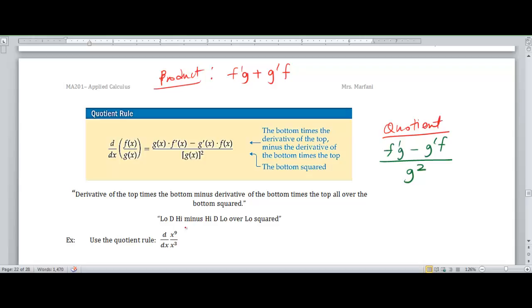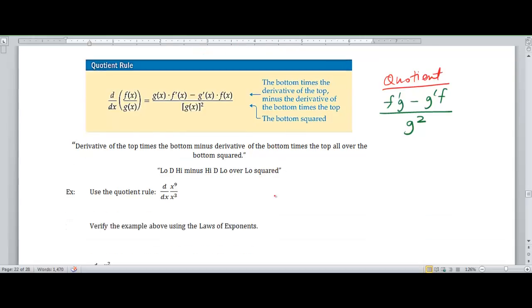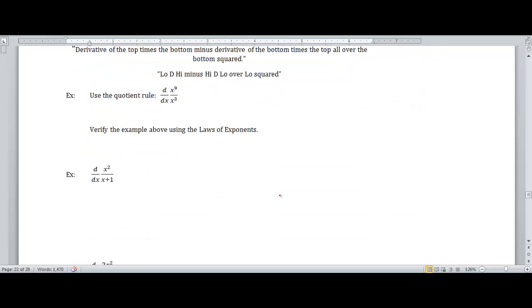You can also remember low d high minus high d low over low squared. So that's low, which is the bottom, d high, derivative of the top, minus high, which is the top, d low, derivative of the bottom, over low squared or low low. However you want to remember it is fine. Let's look at this problem here. So f is going to be x to the 9th, g will be x to the 3rd, f prime is 9x to the 8th, g prime is 3x squared,